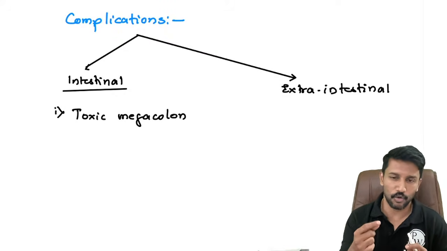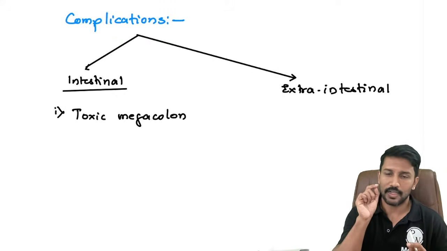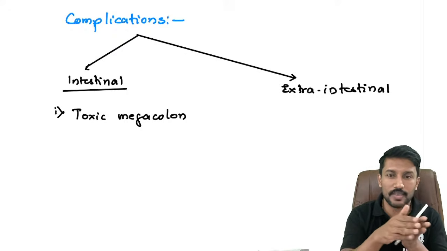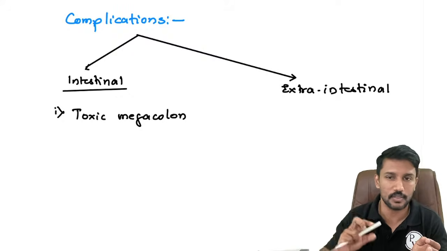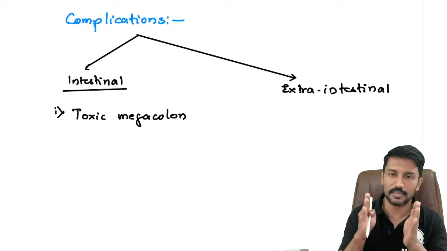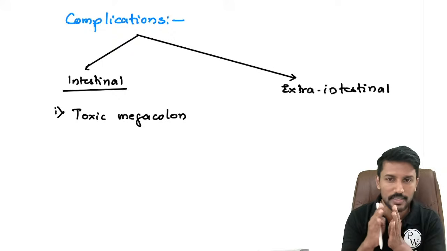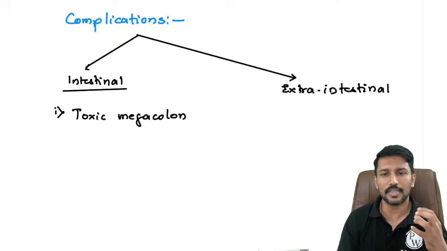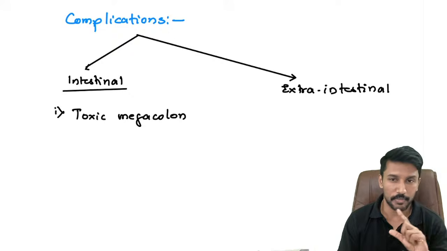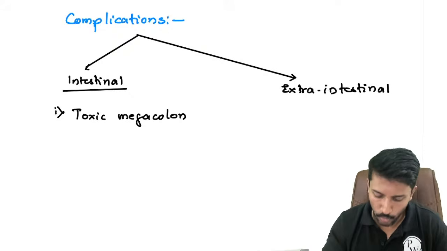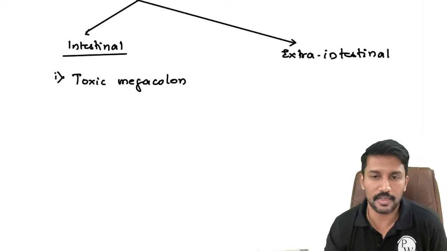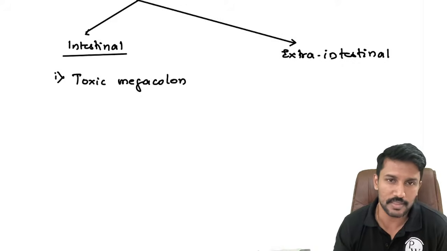But because it is granulomatous and transmural, the ulcers are deep and they can perforate. And when they perforate, slowly a fistulizing tract can be formed. That's why Crohn's disease usually presents with fistula. And because these are deep-seated ulcers, when they heal, it can lead to fibrosis and strictures. So strictures and fistulae are uncommon in ulcerative colitis because the inflammation is only restricted to the lamina propria.